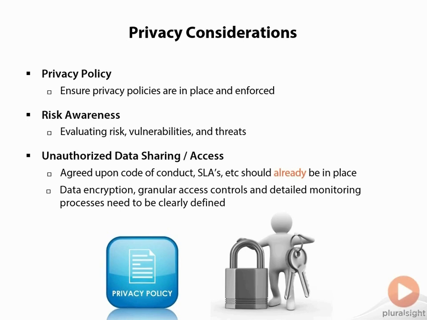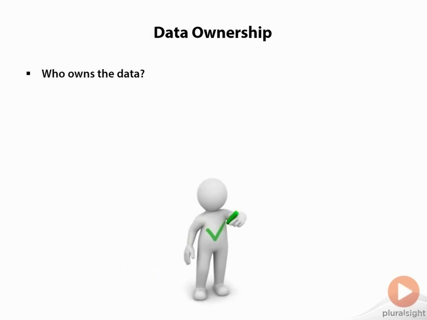And then we have our data encryption policies, granular access controls so that we define very specifically who can access what, for how long, right? We don't want to give too much access. And we also want to make sure we have a detailed monitoring process defined and in place, because as we'll learn, when you monitor things, typically they improve. And even if they don't improve, you're monitoring them, so you're going to know that, right? So you're going to be able to pick it up and raise the bar, so to speak. So all of these things have to be in place, and we have to make sure that we're approaching them with a very kind of methodical mindset.